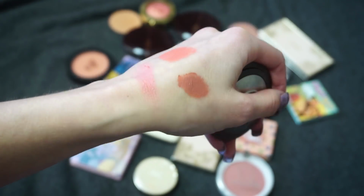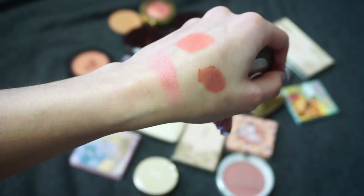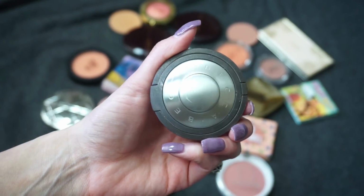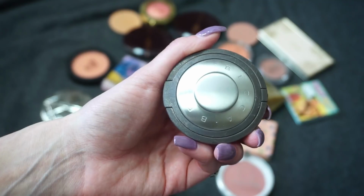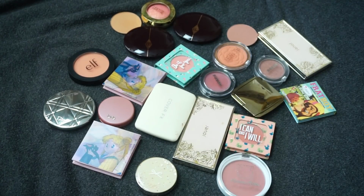I don't know how well I'm going to be doing at the whole swatching thing here, but honestly, I'll give it my best. I think that it's a really beautiful shade. It has a little bit of a glow to it, and I just think that it's really pretty. I think these blushes are being discontinued though, which is very sad. So it definitely makes me want to keep this around more as well and see how much use I can get out of it. I mean, honestly, I don't know if I've ever hit pan in a blush, and I don't know if it would ever happen, but